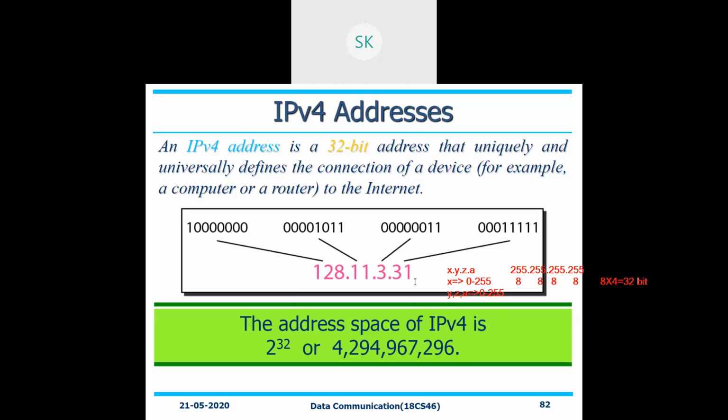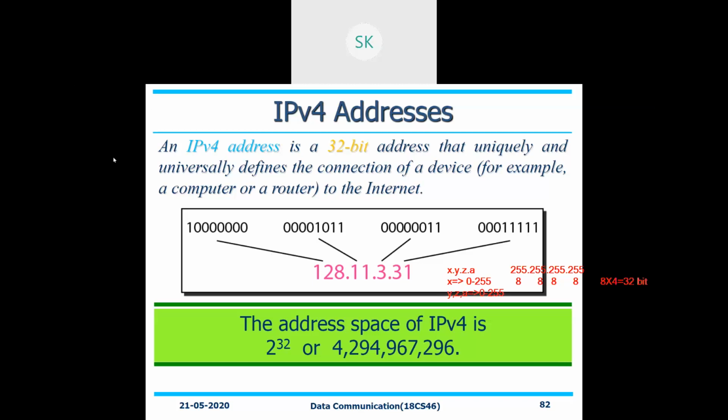IPv6, as I told you, is 128 bit. 128 bit means you will have 2 to the power of 128 number of addresses. So that's the meaning with respect to your IPv4 and IPv6. For our discussion, we will be taking the IPv4 address. Why? The reason is we are all very familiar with this type of addressing format, and we have used it right from the 1980s till date. So we'll be going through this type of address itself.